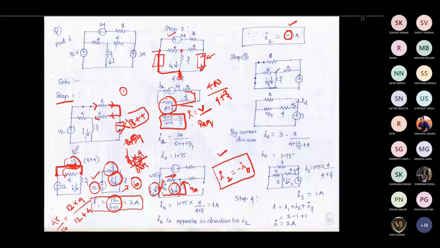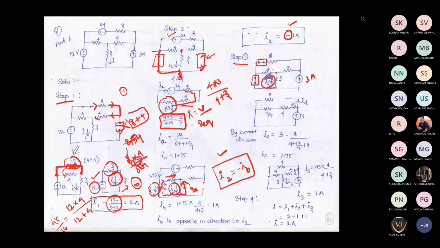Okay, the third step is to consider the third source, and we have to replace the other sources with their internal resistance. For the other sources, the internal resistance is 0 ohm, because both are voltage sources, so we are going to short circuit them. Then the current source magnitude is 3 ampere. Then we are going to apply KVL, KCL, mesh or nodal analysis, or current division or voltage division, in order to find the required quantity. So what do we need to find here? We need to find I3.